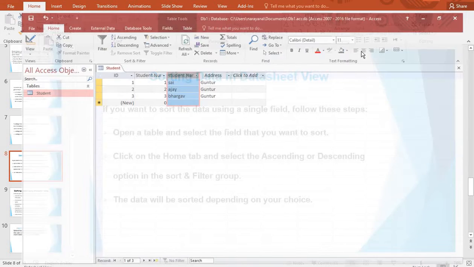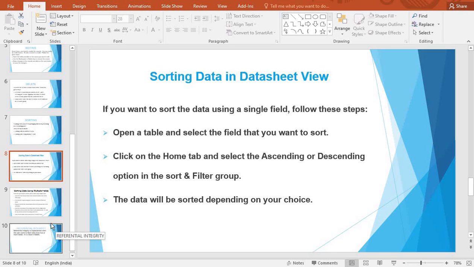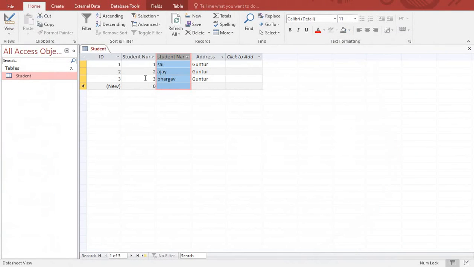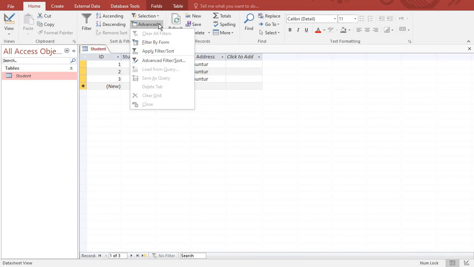Or if you want to sort multiple fields, you may use these points. What are those? Select the Home tab and click on the Advanced button in the Sort and Filter group. Here is the Advanced option. See here, now I am clicking on it. If I click on that button, it will display like this.